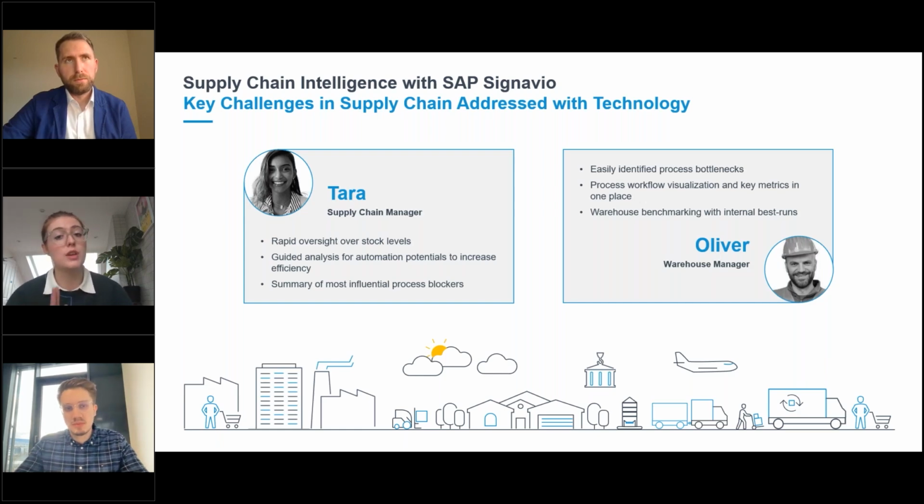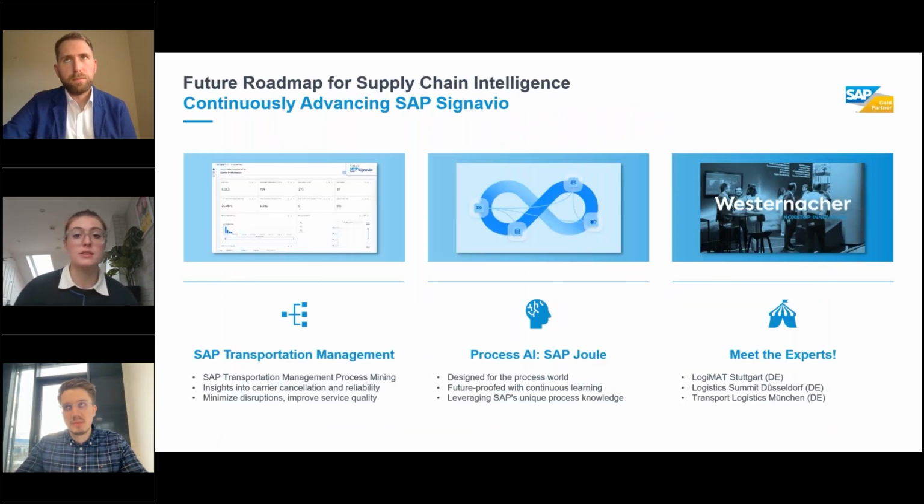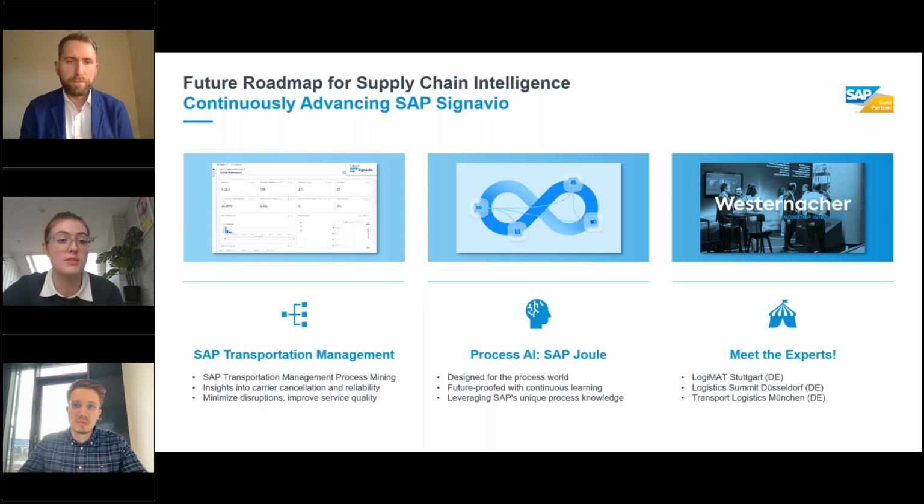The next slide shows how this exists in a roadmap in the future of supply chain intelligence. So looking forward, the integration of advanced tools like SAP Transport Management and Process AI will continue to evolve supply chain operations. So for example, SAP Transport Management enables better visibility into carrier reliability, which helps reduce disruptions and improve service quality. Whereas with Process AI, SAP Joule is designed to continuously learn from processes, offering future-proof insights to enhance